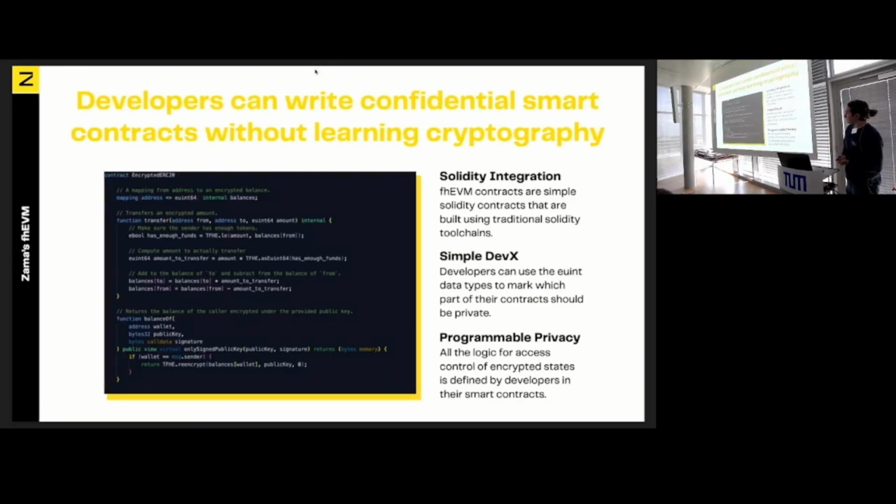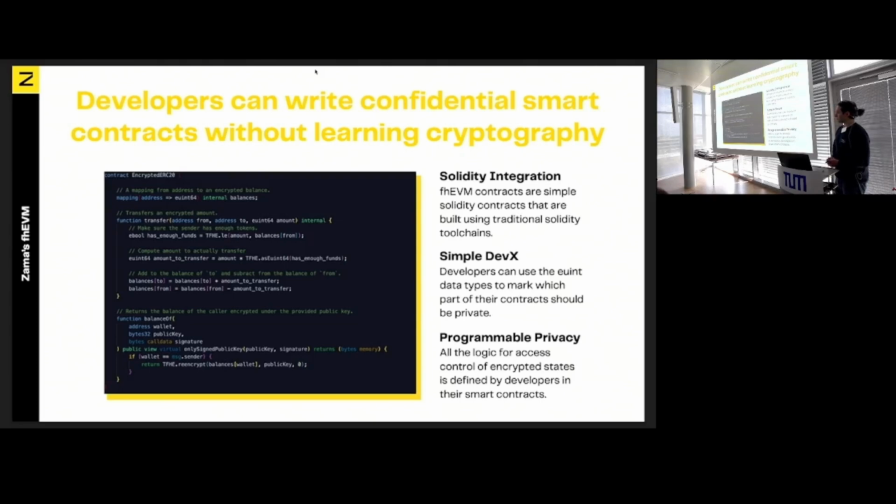So maybe let's look a bit at how a smart contract on the FHE VM can look. Here I have a very dumbed down example of the encrypted ERC20. Notice that at the top we have the balances, which is a state variable, a mapping from addresses to encrypted unsigned integers. Now in the transfer function, which receives two addresses as usual, and an encrypted unsigned integer as the amount to transfer,